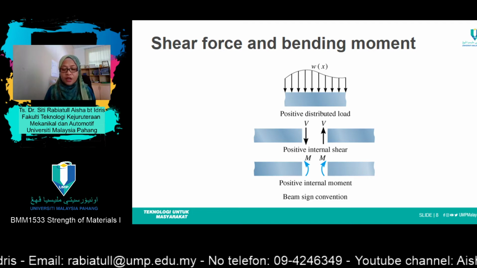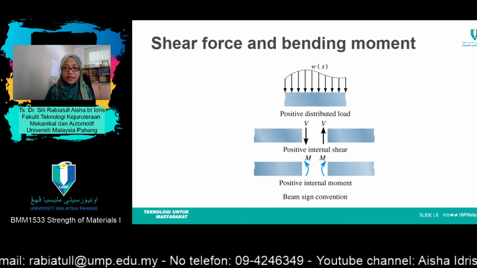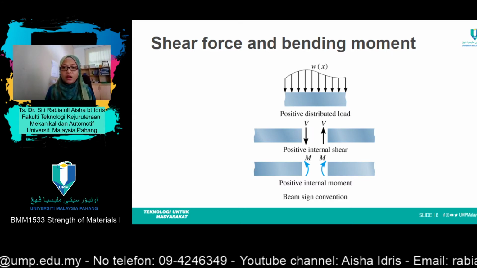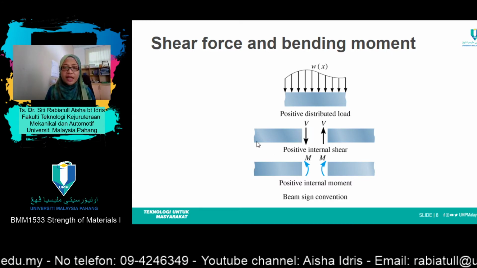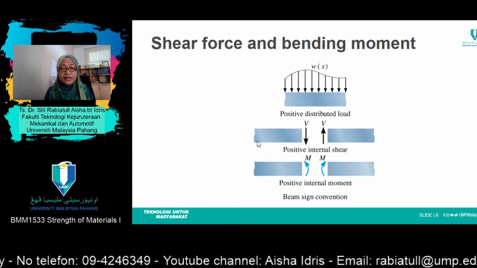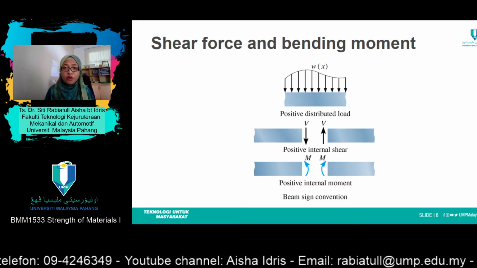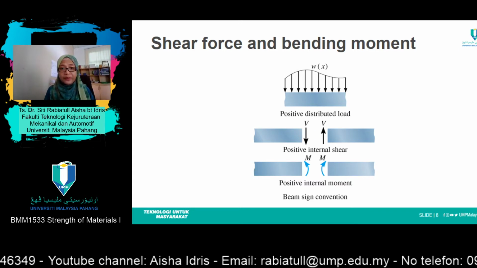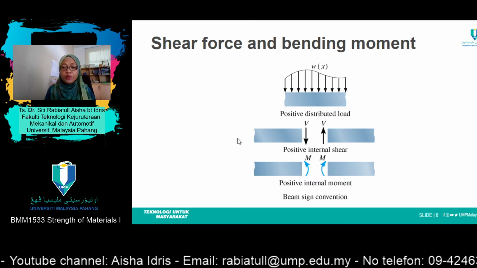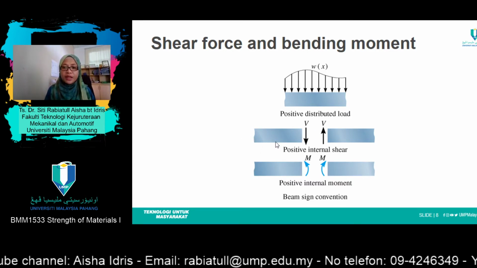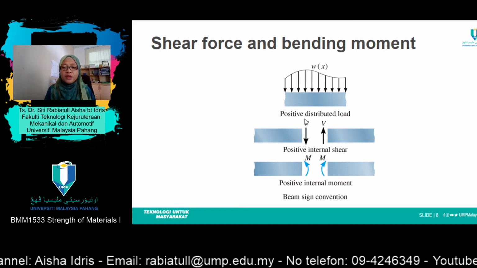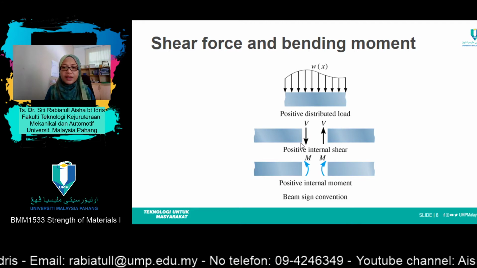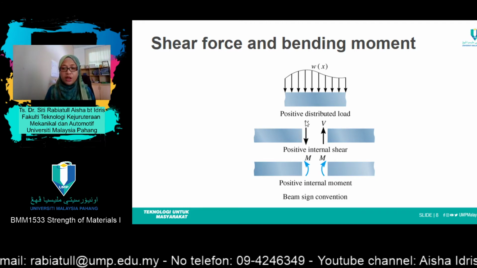Now, this is the shear force and bending moment sign convention. If you cut the section, again in this topic we are still going to use the cutting section, same as our previous lecture. So if you cut from this point until this point, the sign convention for internal shear is downward, whereas